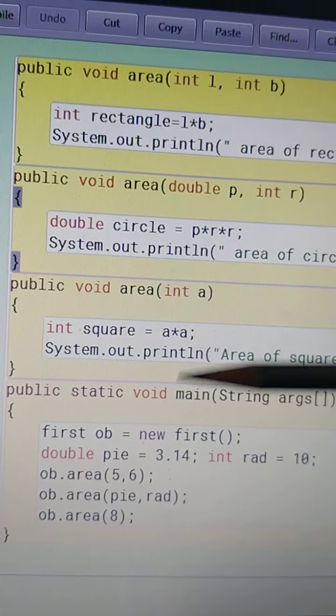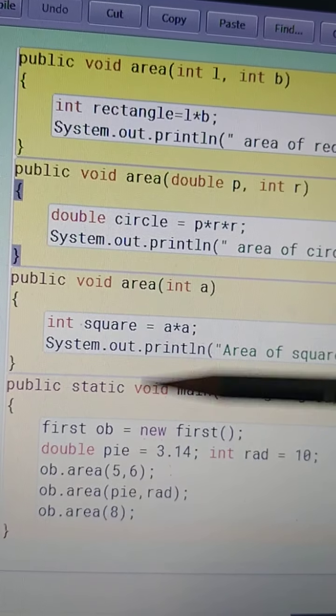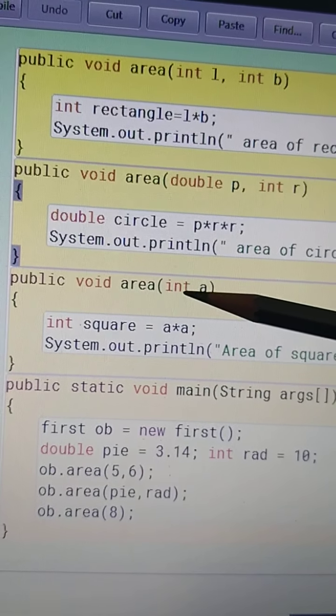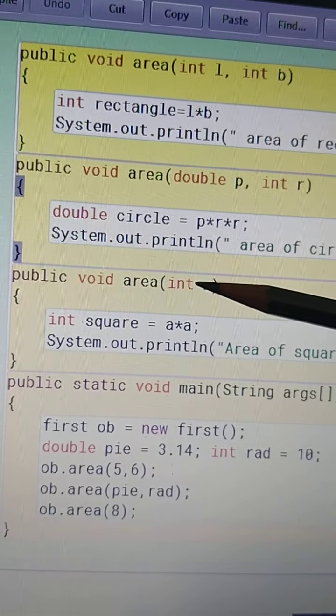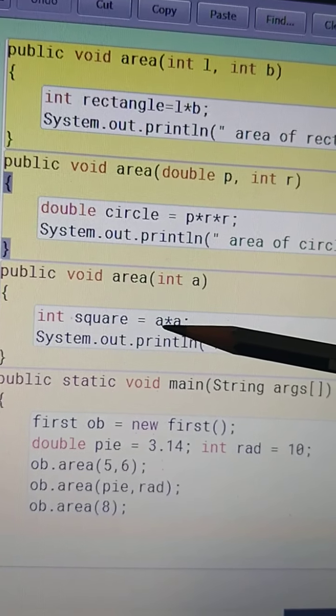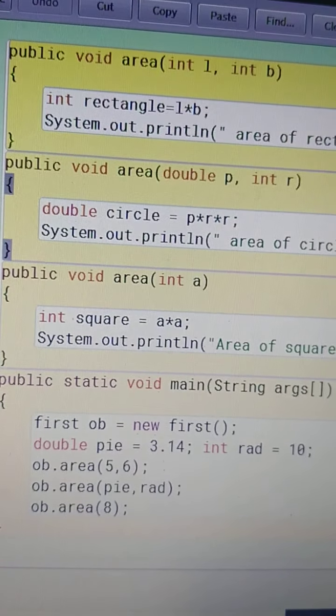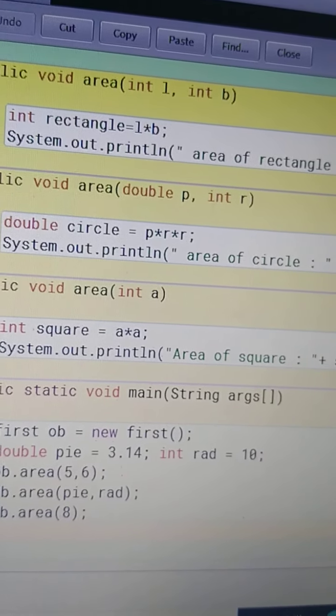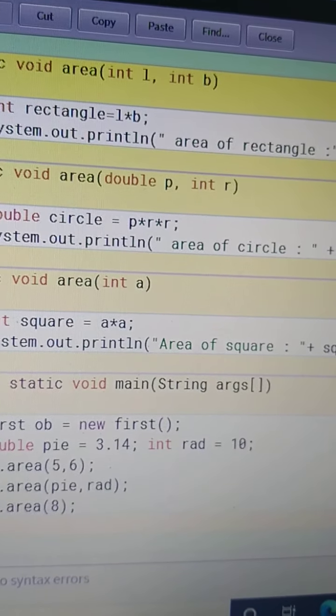So it matches this calling statement. There is only one argument which is of int type. Here also there is one argument which is of int type. So it will automatically call this function and it will find out the area of a square and print it. That is, according to the number and type of arguments passed, the compiler will identify which function